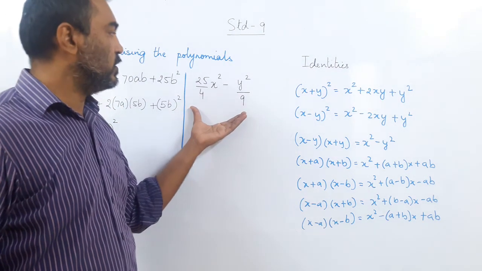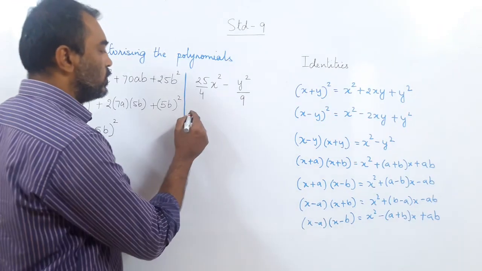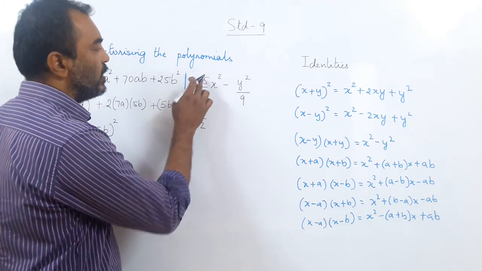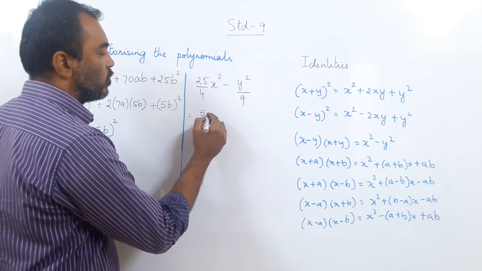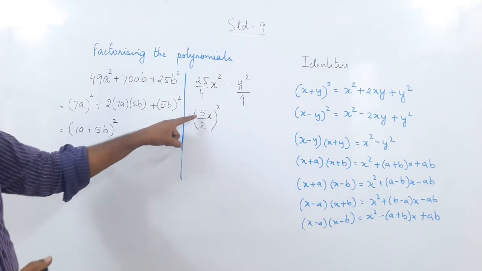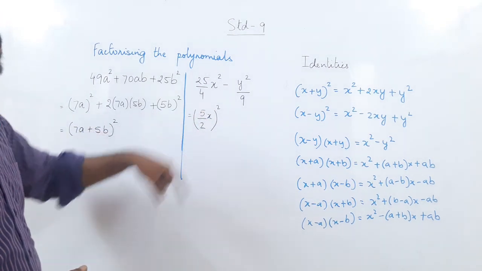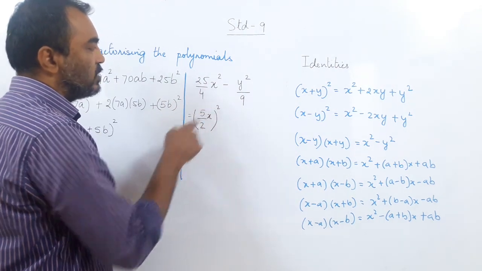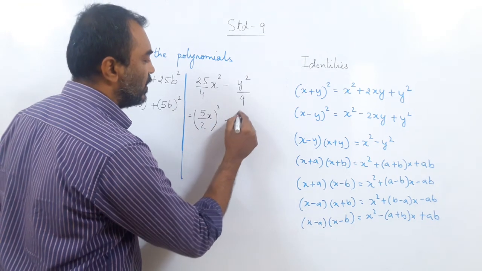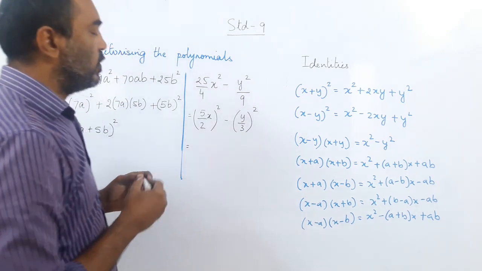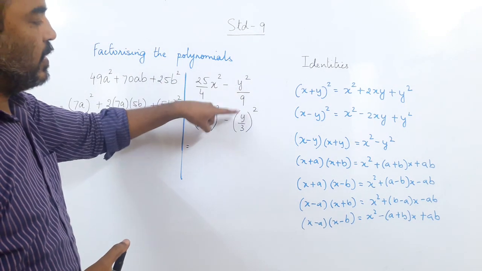Now we go to the same things here. There are only two terms, no middle term. See, it can be written as a perfect square. So 25 upon 4 can be written as 5 upon 2, because 5 square is 25, 2 square is 4, and x. So 5x upon 2 becomes a perfect square. This is a perfect square. Can you see? I wrote it outside the bracket now. Be very careful with the writing in the bracket. So 5 square is 25, 2 square is 4, and x square. And here I will get y upon 3 the whole square. Right? Because y square is y square and 3 square is 9.